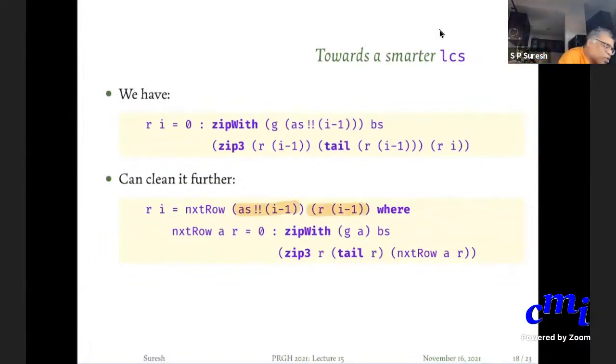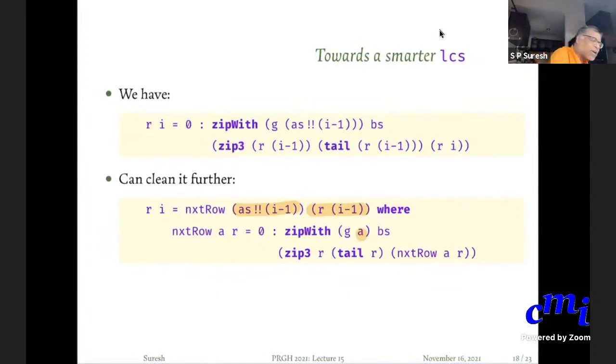The way you define it is next row is in general 0 followed by zip width of g a applied on b's and zip 3 of r, tail r and next row r. We can go through this slowly in the next class, but basically you are generalizing this whole procedure, the procedure that you use to get r i from r i minus 1.